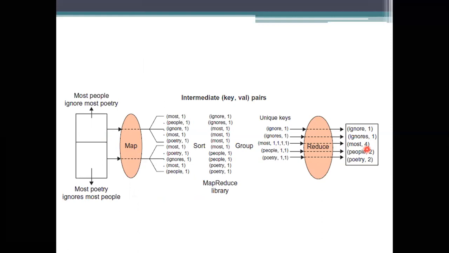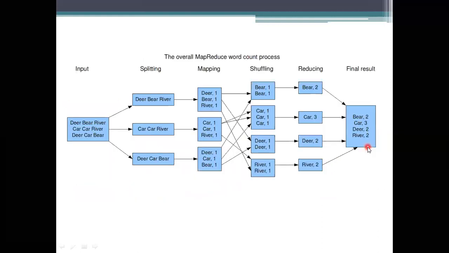It uses the set of values and performs the summation, meaning how many times it has been used is counted, and this is placed as a 4 here. In this example also, how many times we are using car has been used twice. So 1, 2, 3, and it has been placed.